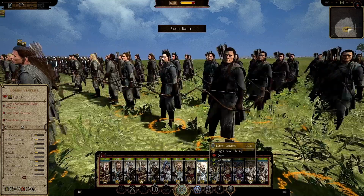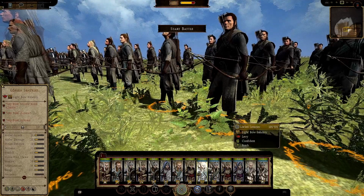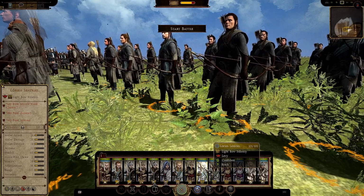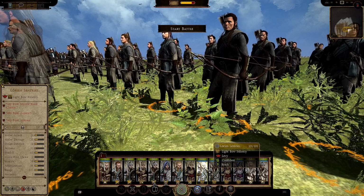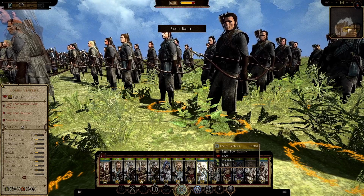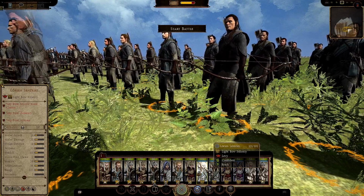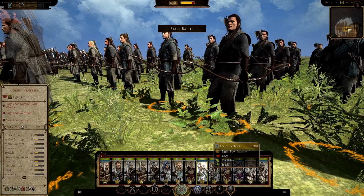low. Okay, we are now going to the Lothlórien Sentries. Let me see those guys. They are levies, light infantry, very poor missile block chance, very poor accuracy, very poor armor, and they have 101 people in charge. Melee attack 18, melee damage 25, melee defense 19, armor 20 only, it's obvious. Health 115, missile block chance of course 0, morale 26, ammunition 16, range 225 and accuracy only 3. So yeah,